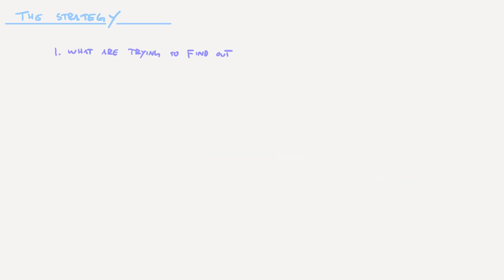Now, the strategy that we generally want to use for these types of examples, there's like 7 steps, which sounds like a lot, but I think a lot of this is just approaching word problems in general. These are things that you would want to do when you're approaching any kind of application question. And the first is, what are you trying to find out? After you've read the paragraph of information that's describing what's going on, ask yourself, what am I ultimately trying to